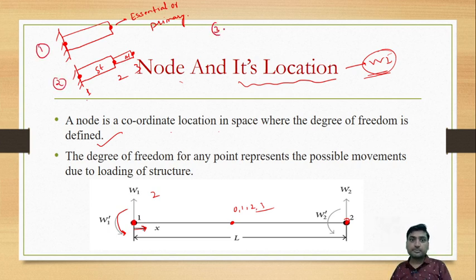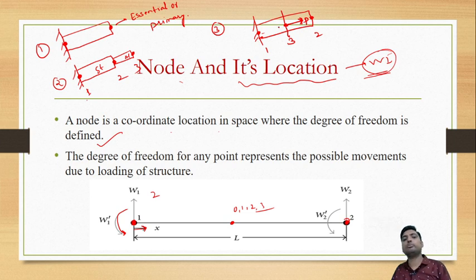Third rule, suppose this is the bar element, so we have selected 2 nodes at the end. Suppose here a load is acting, P load, so at what point it is acting, at this point, so we have to select node at this point. So this is your additional load, that is, let's take this is third node. So at any point if load is acting, there also we need to select the node. So just remember, if material property is changing, at what point material property is changing, we need to select node. At what point the load is acting, we need to select the node.